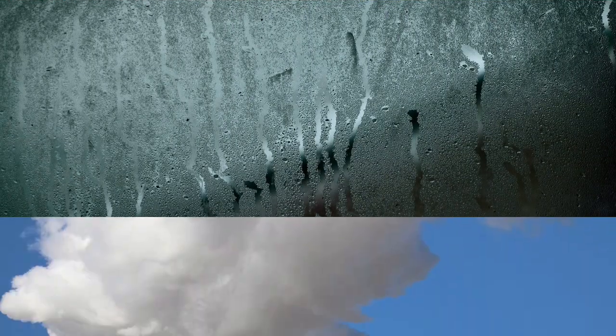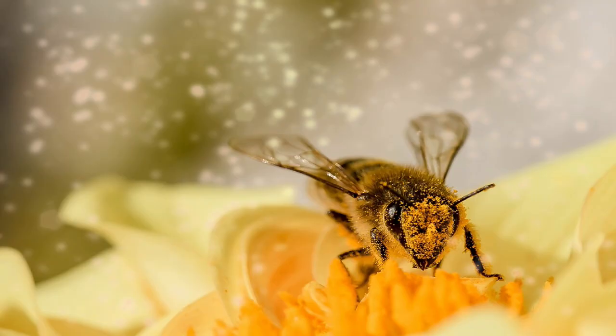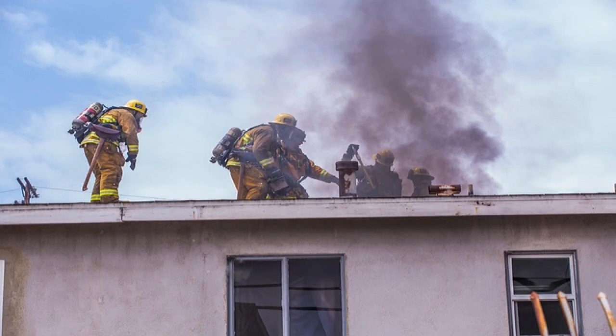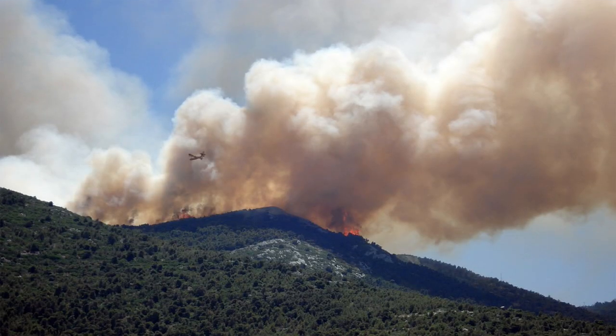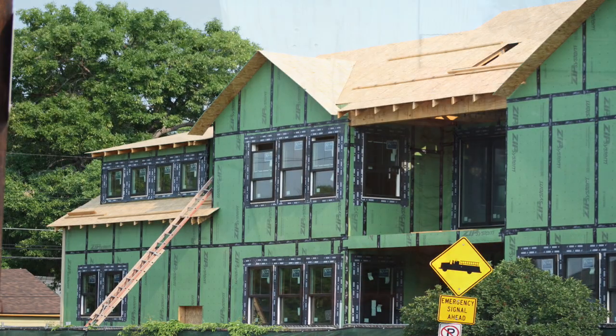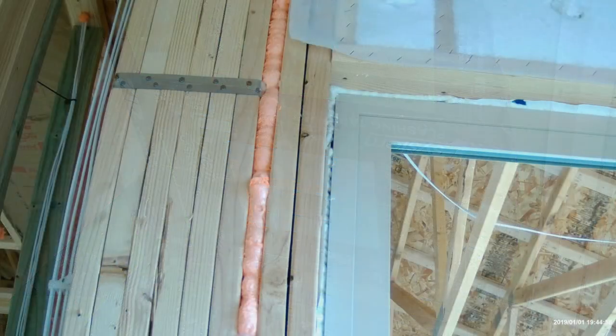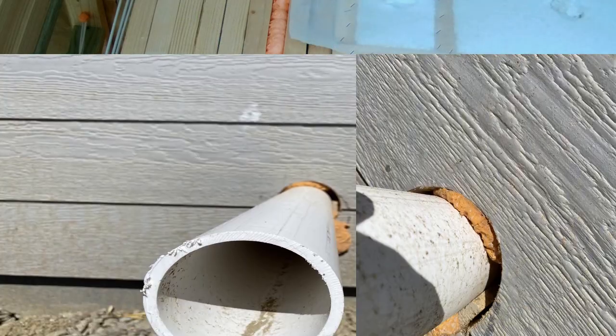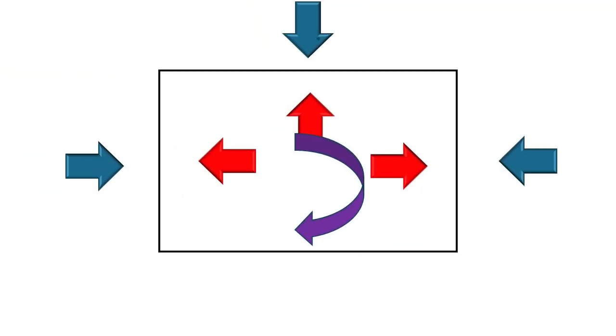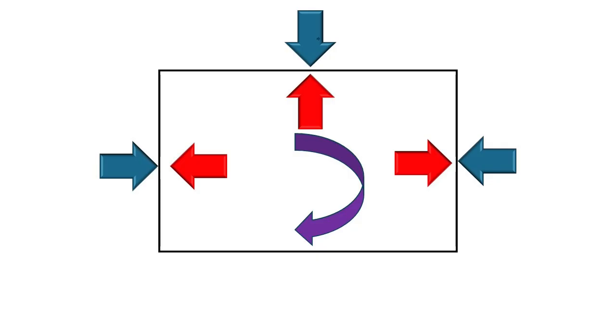Air is an excellent transfer mechanism for all sorts of things, including water vapor, pollutants such as smog, car exhaust, pollen, and smoke from either nearby structure fires or wildfires, as we are experiencing these more often and more severely now. The Energy Code helps to mitigate these with the requirements for air barriers and air sealing, and more specifically, the materials that are utilized and the locations for where they are installed. The intent is to control how and where the air moves from outside the structure to inside the structure and